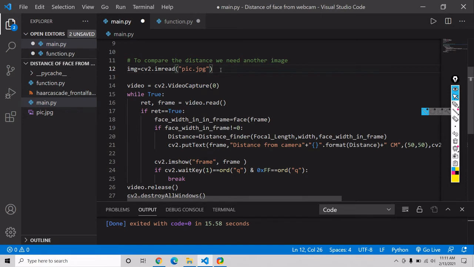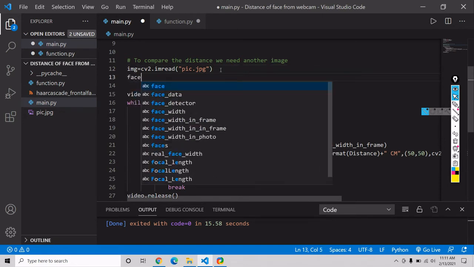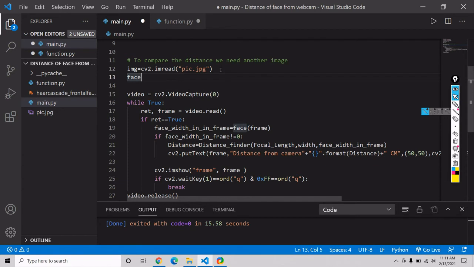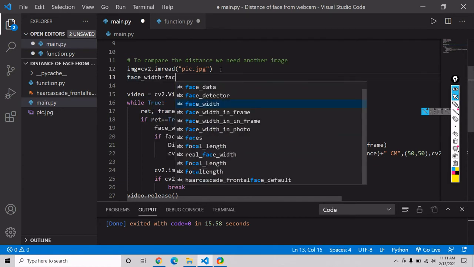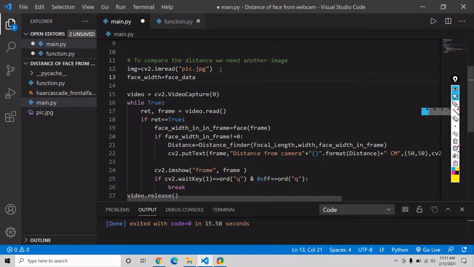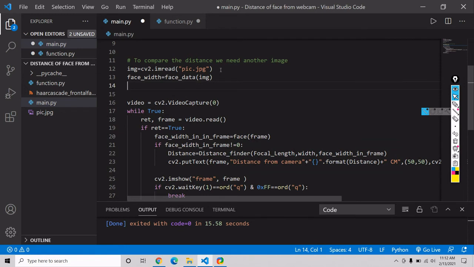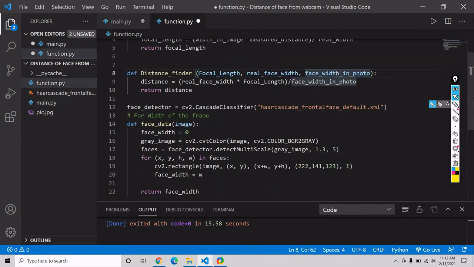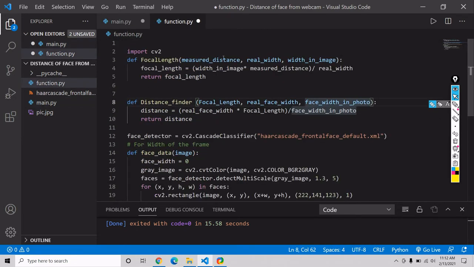After that, we have to provide our face width also. Inside this, we pass it from the face data function. So it will be able to provide us our width. We have to provide our focal length. For the focal length, we already have a function, focal length. Inside this, we have to pass three values, which are our measured distance, real width, and width in image.